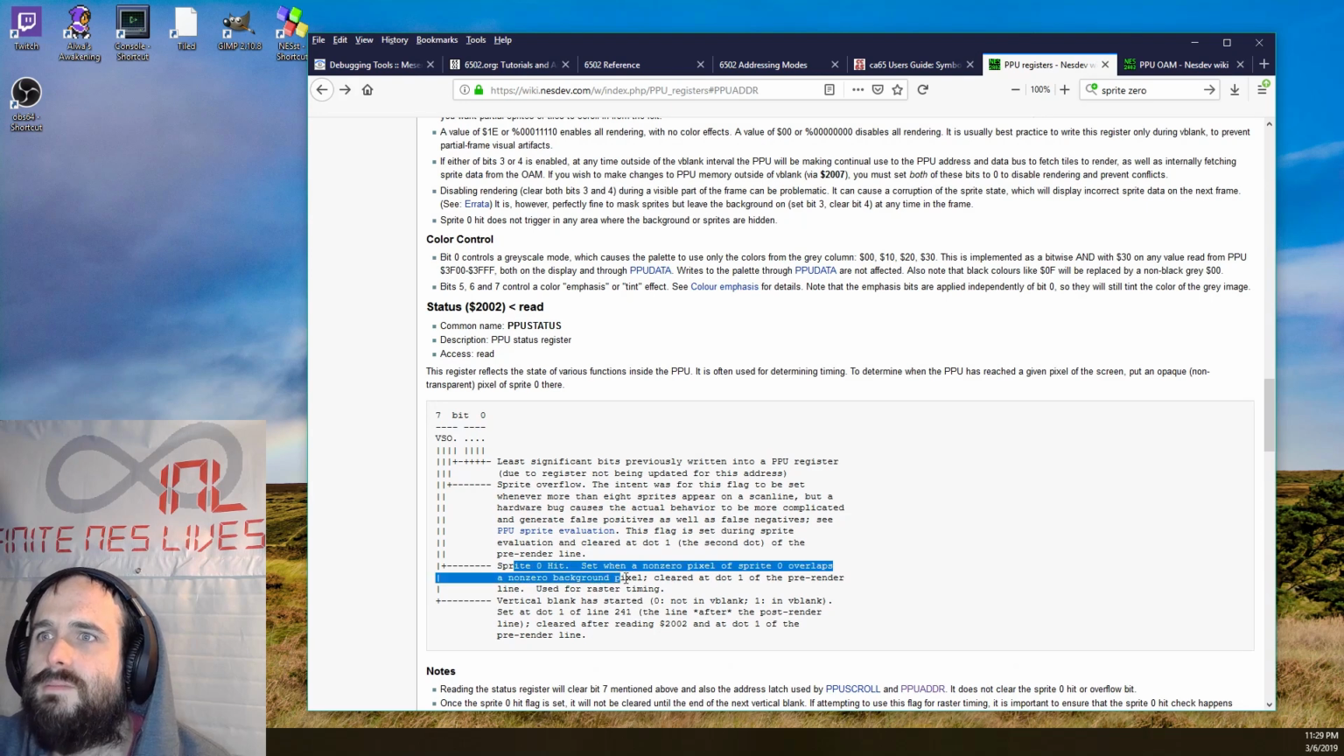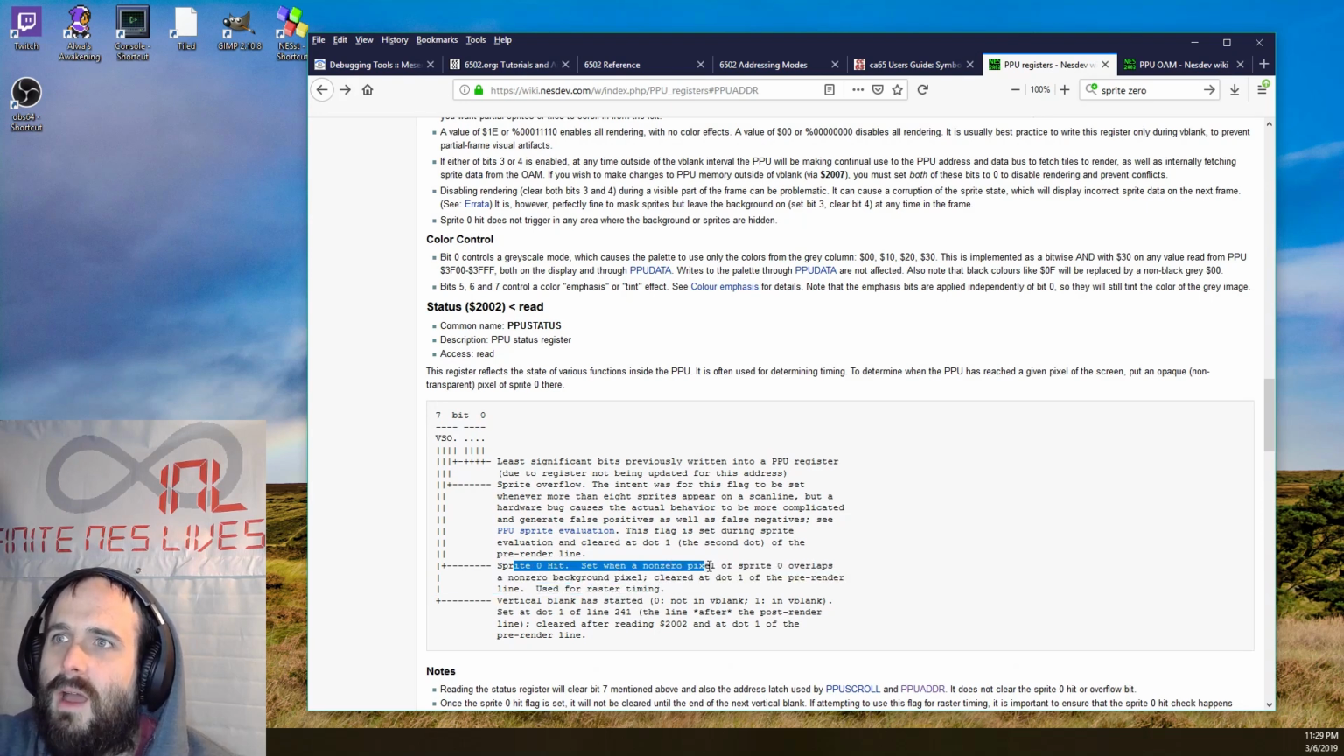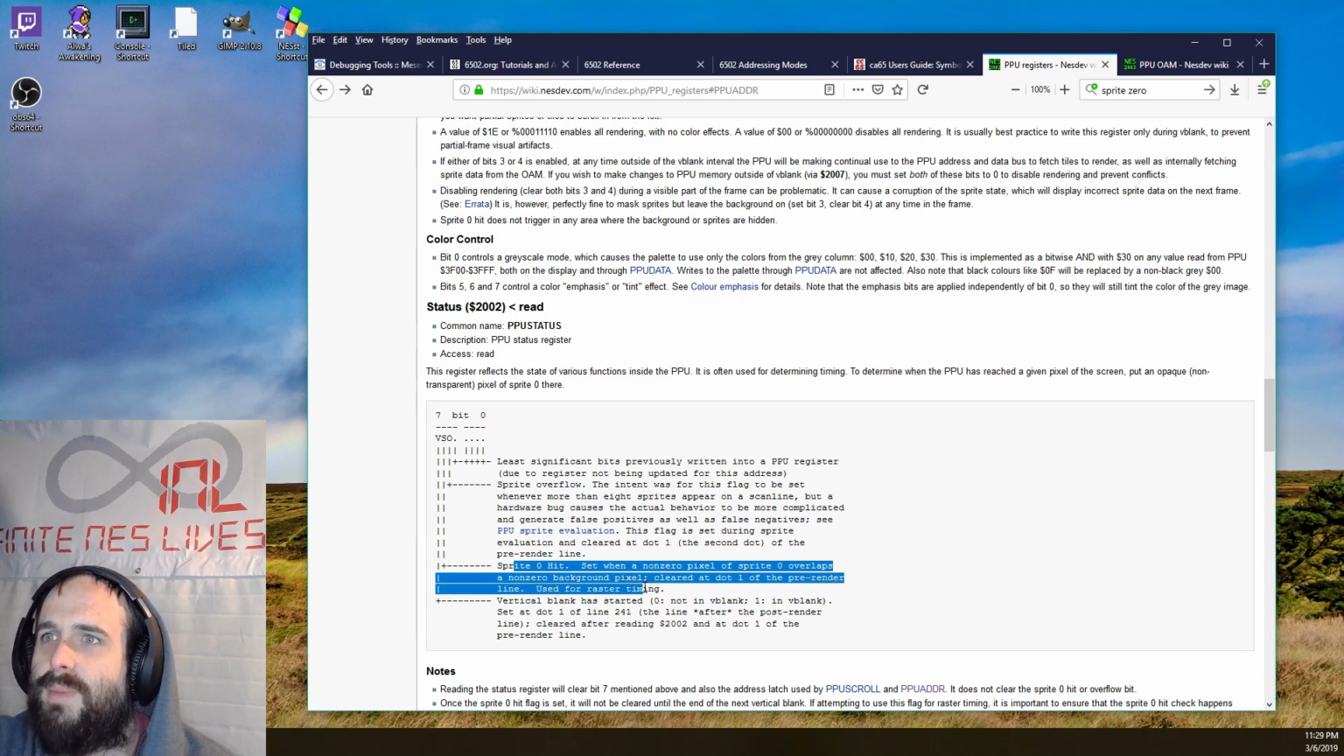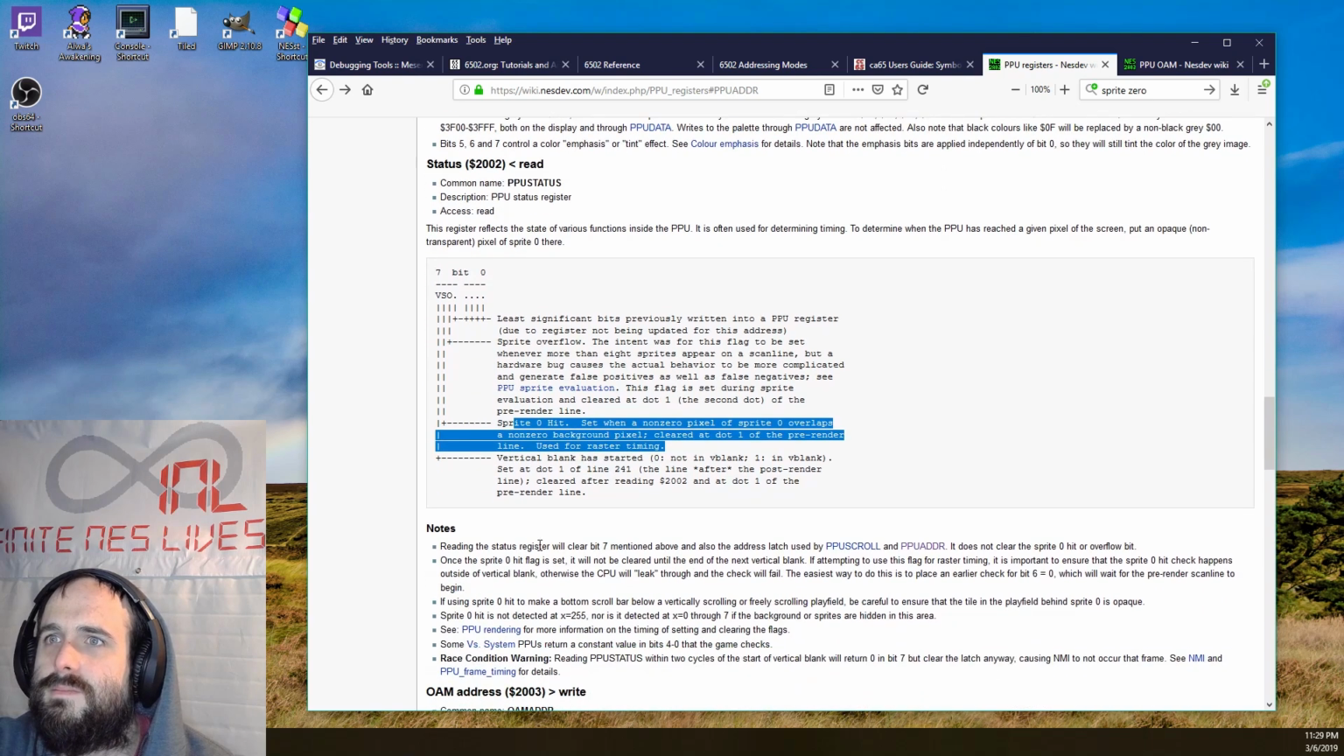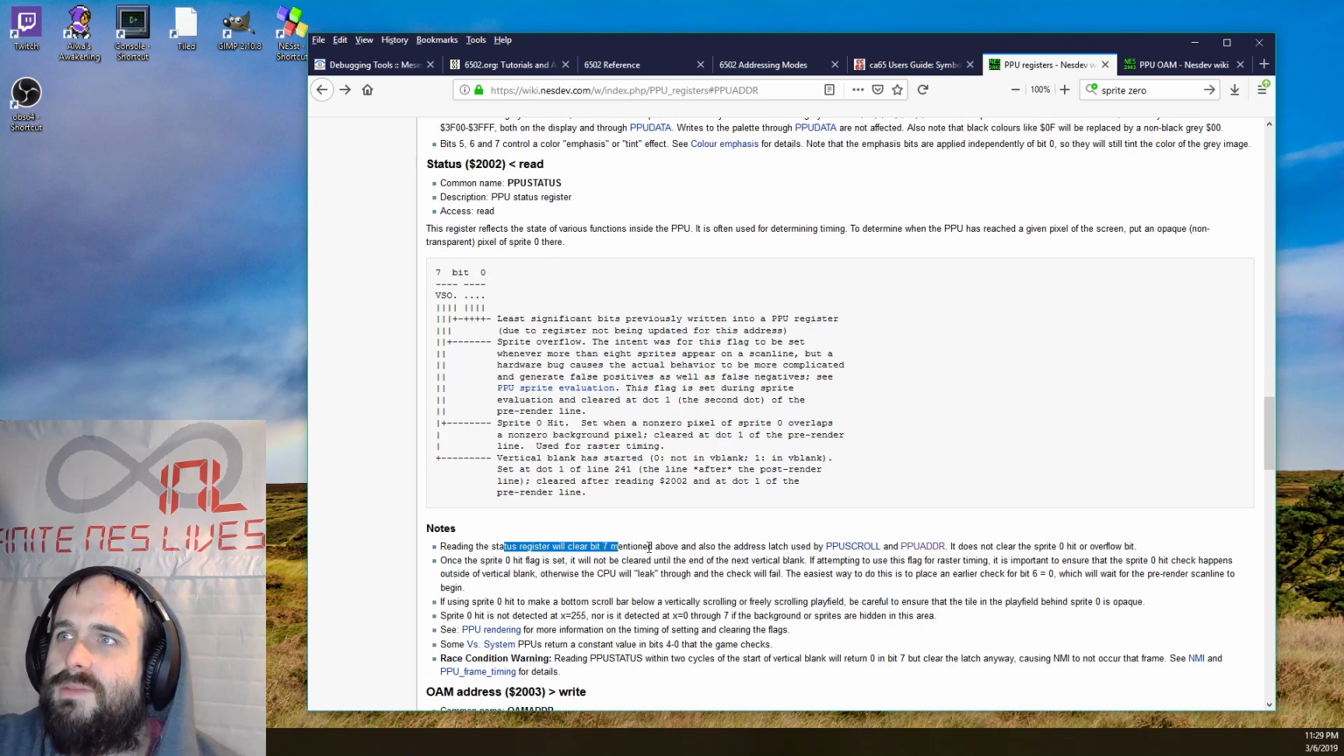Sprite Zero hit. Set when a non-zero pixel of Sprite Zero overlaps a non-zero background pixel. Cleared at dot 1 of the pre-render line. So reading the status register will clear bit 7. Once the Sprite Zero hit flag is set, it will not be cleared until the end of the next V